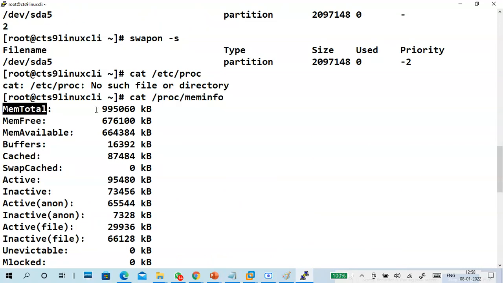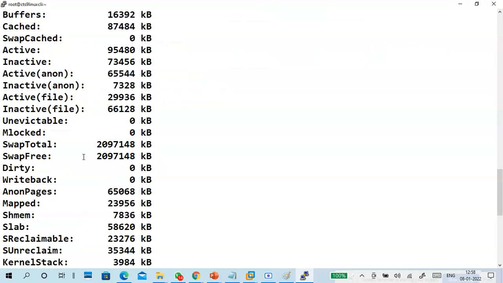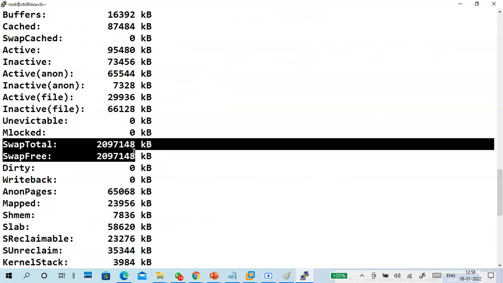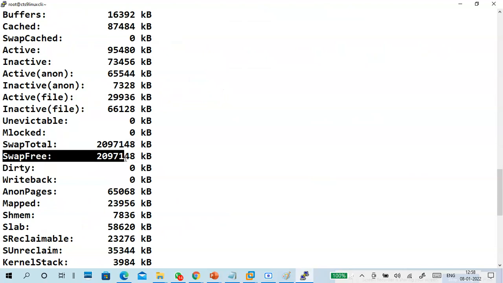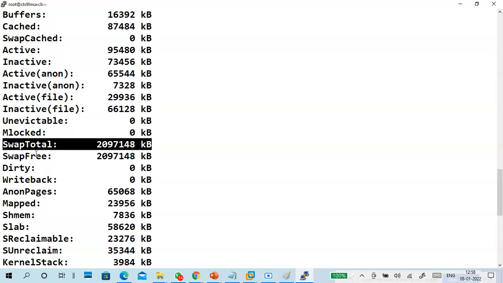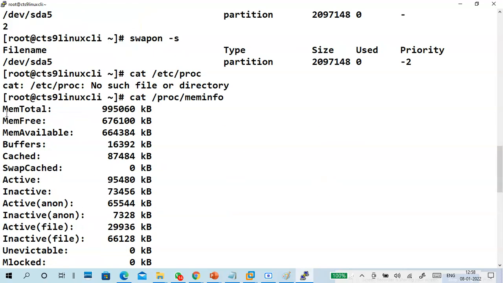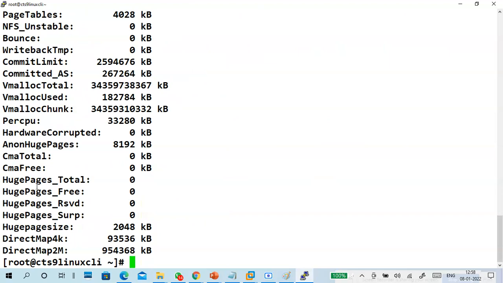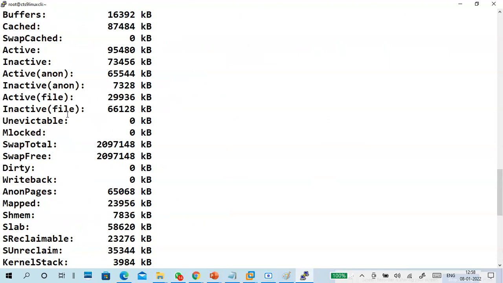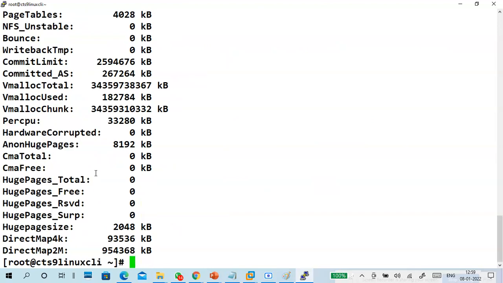MemTotal is 1 GB that I gave. Memory free. Where is swap total? SwapTotal is 2 GB. Swap free, 2 GB. I want this line, guys. I want to see this line only. So the swap total only. How to get it?